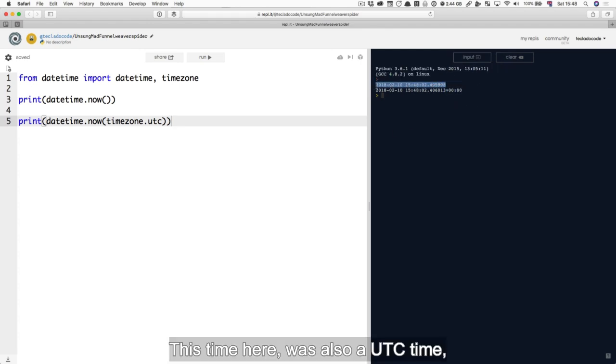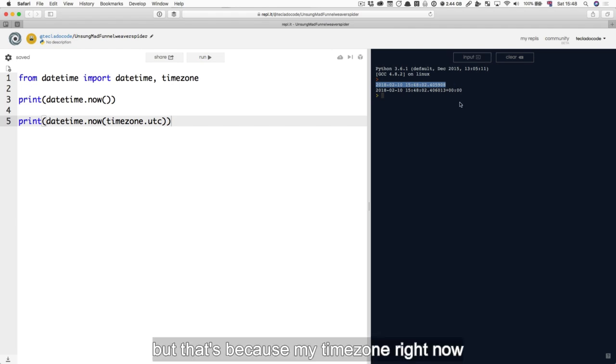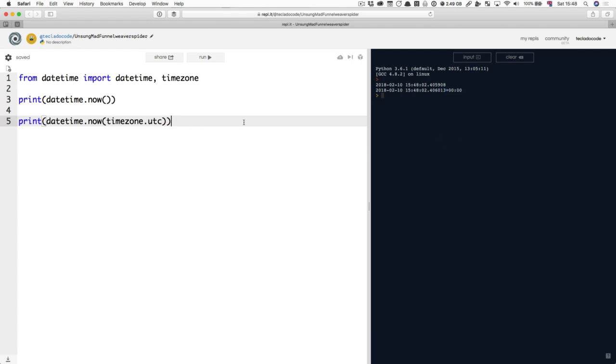This time here was also a UTC time, but that's because my time zone right now also has an offset of 0, because right now I'm in GMT. And GMT also has an offset of 0 compared to UTC. However, if I